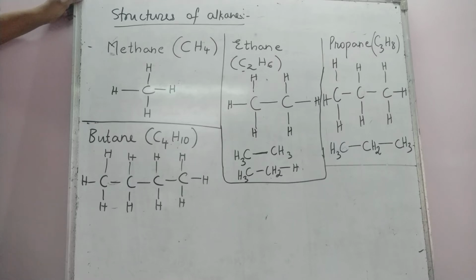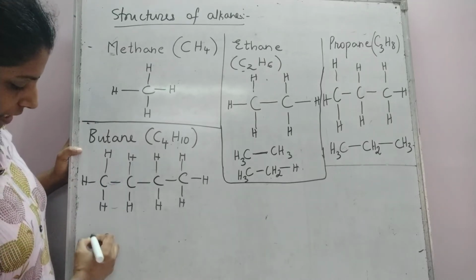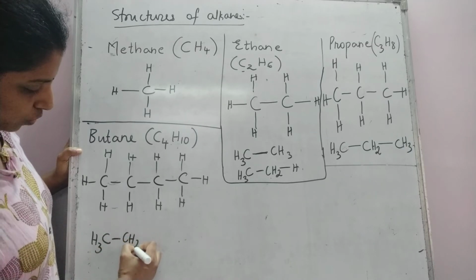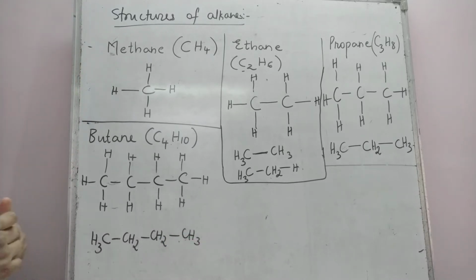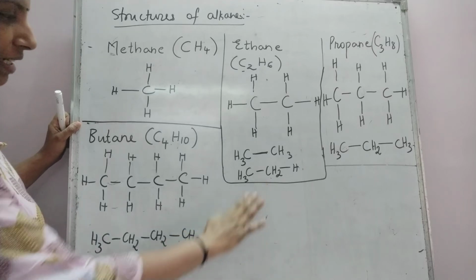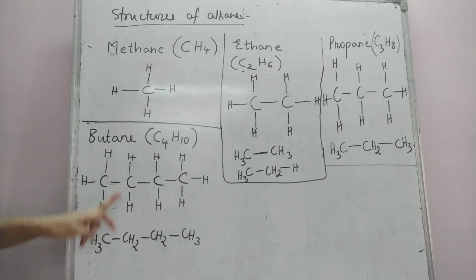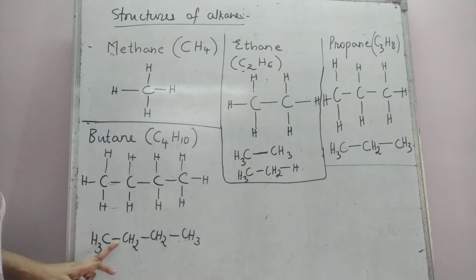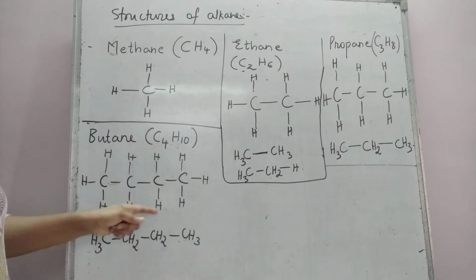Okay. Is it okay? Yes. Now, this can be written as CH3, CH2, CH2, CH3. Okay. This can be written in this manner. Now, to avoid confusion, initially I'll keep it as it is. Let us see what can be done with this formula. So this butane can also be written in this way. CH3, CH2, CH2, CH3.